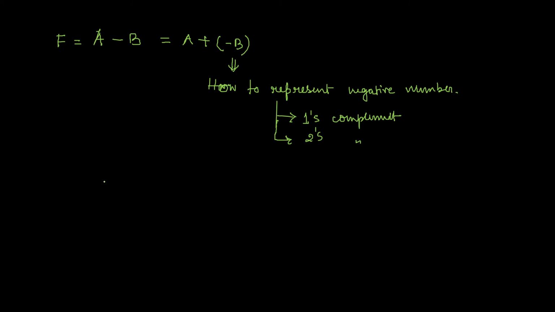Let's take a situation where I have a number x, say 1011. Now minus x will look like this in one's complement. If I consider one's complement, it means just toggle each and every bit of the number, meaning 1 becomes 0 and 0 becomes 1. As simple as that. So the one's complement form of x, representing minus x, is 0100. That's all. Nothing more than that.